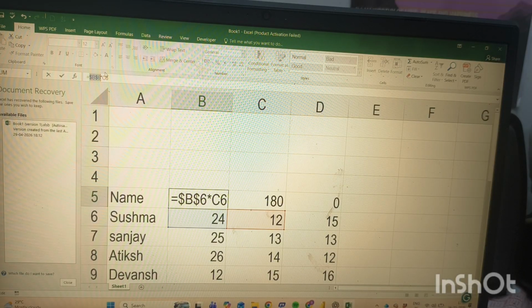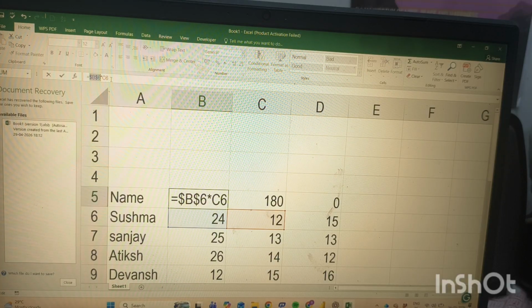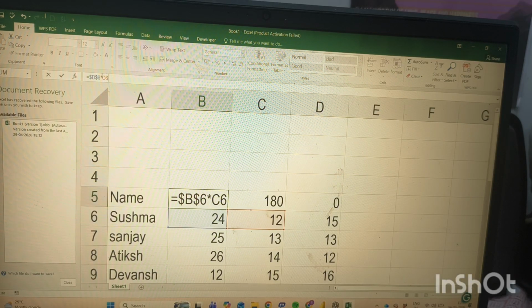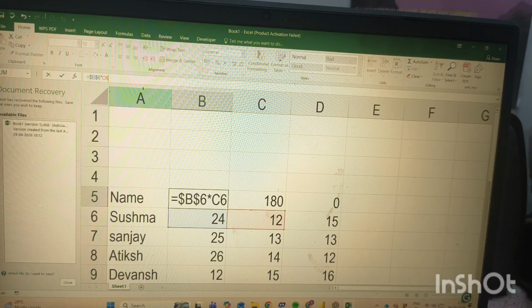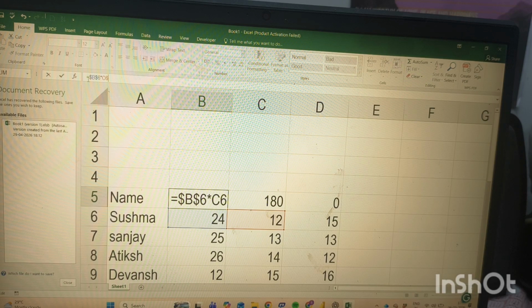And there are also other functions we can use. You can choose on your keyboard what kind of function you have to perform to use the reference functions. As you are seeing, after pressing F4 it became a dollar sign in front of B and 6, which means it has been fixed. Now the column will not change. That is called absolute reference.